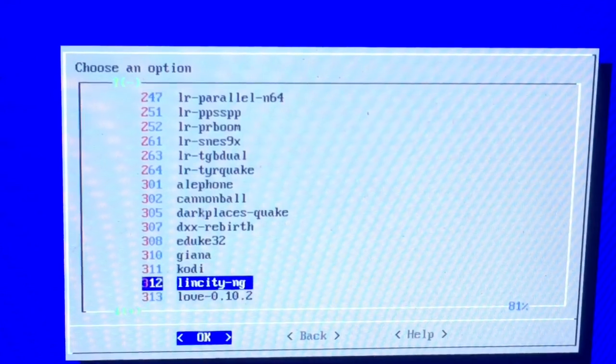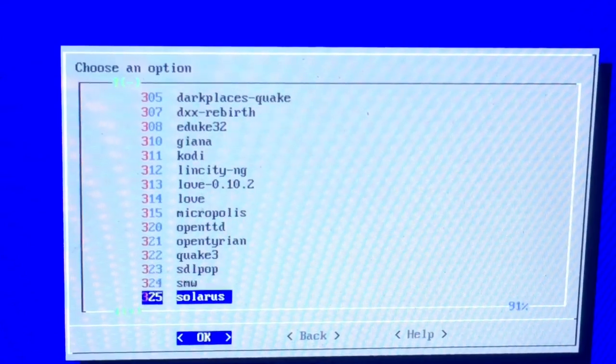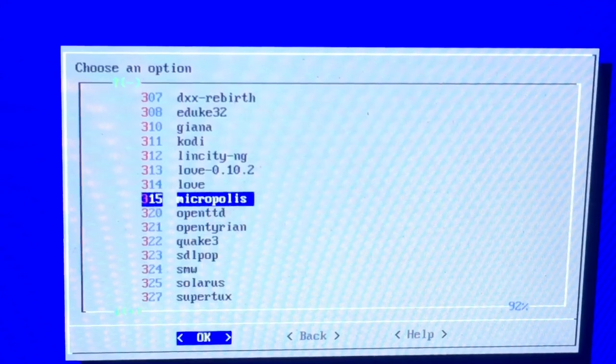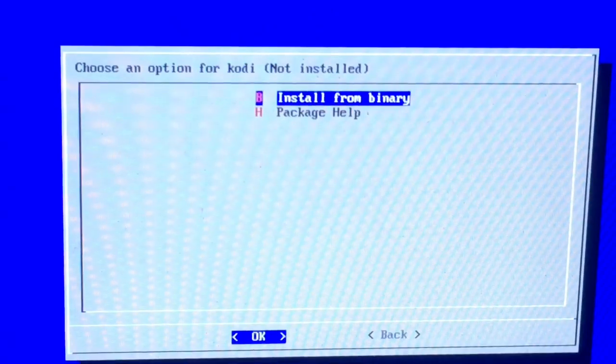So I'll go down further just so it's higher up on the list, because it looks a little clearer up here. So it's Kodi. Okay, OK is selected, so we hit our A button, and we're going to pick the first one, install from binary,